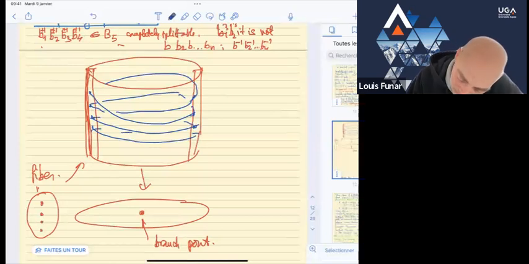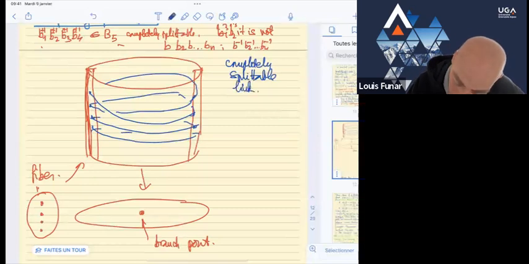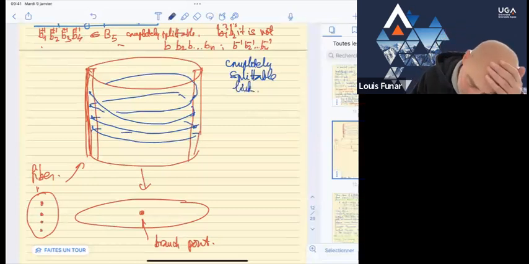And I have a completely splittable link, which means that if it is like that, then what happens is that every component